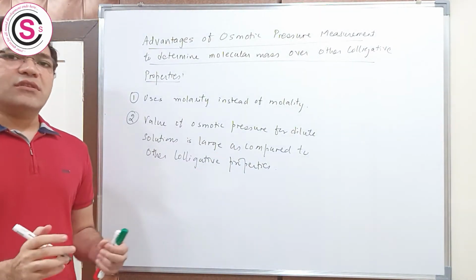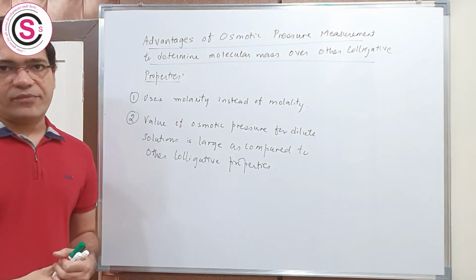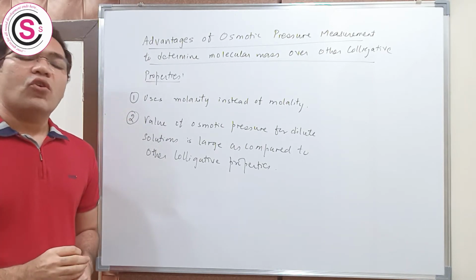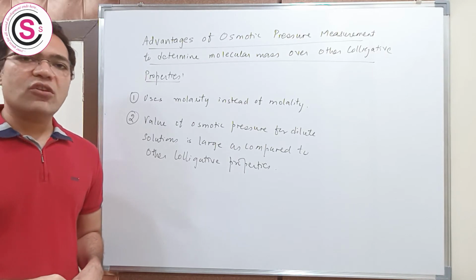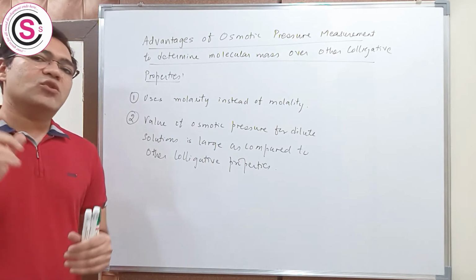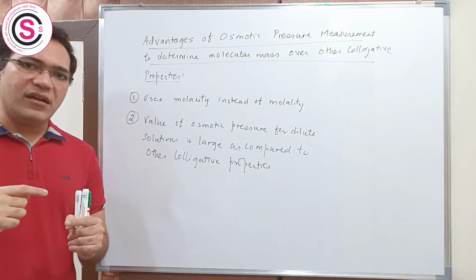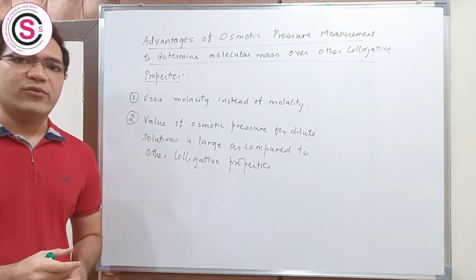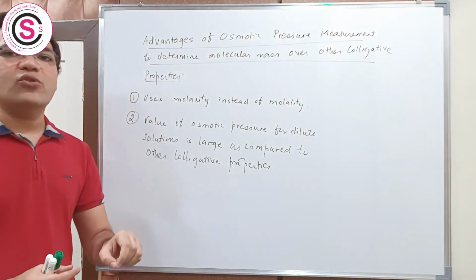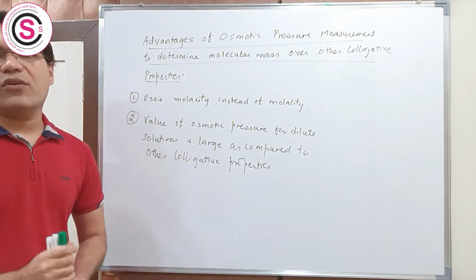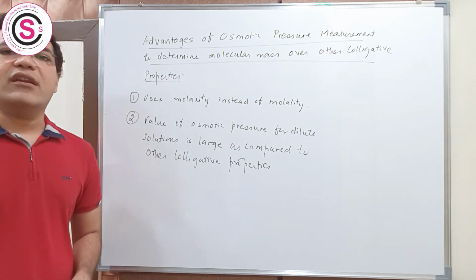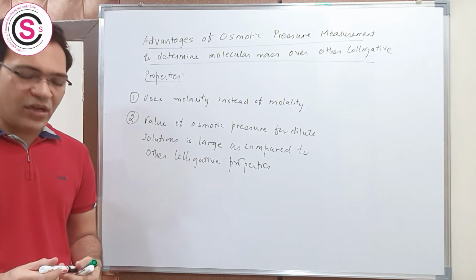Now students, suppose we measure relative lowering of vapor pressure, then its magnitude is very small for dilute solutions. Also, elevation of boiling point and depression of freezing point values are also very small for dilute solutions. Right? It is so small that it makes it difficult to measure those values. But osmotic pressure measurement even for dilute solutions is much larger as compared to other colligative properties. Hence, osmotic pressure can be easily measured, and hence we can determine molecular mass using osmotic pressure conveniently as compared